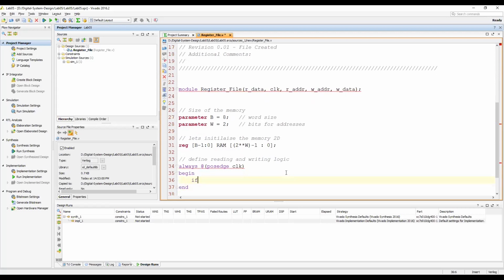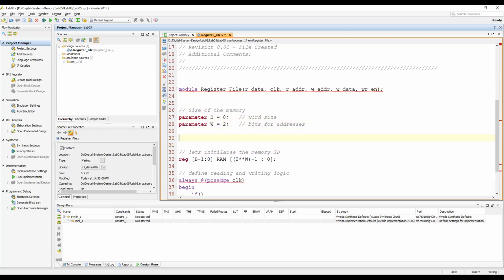So I say if, okay, I missed one port here. What was the port? The write enable, WR enable. Oh, I missed defining some ports here. Initialize and define port sizes.